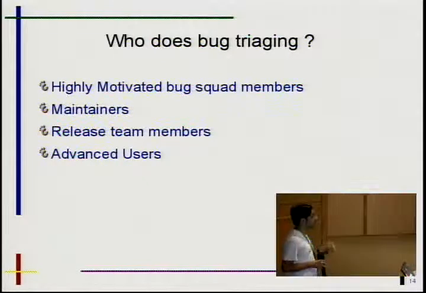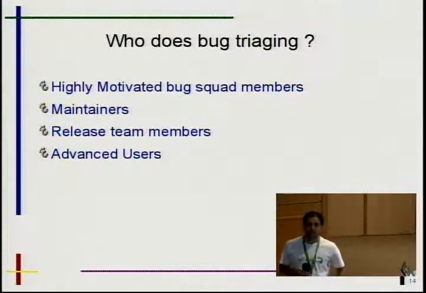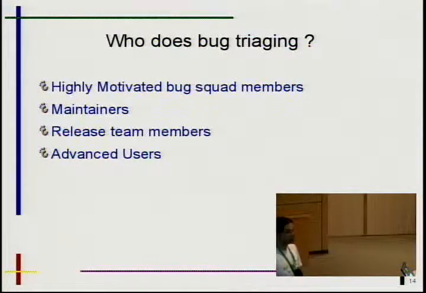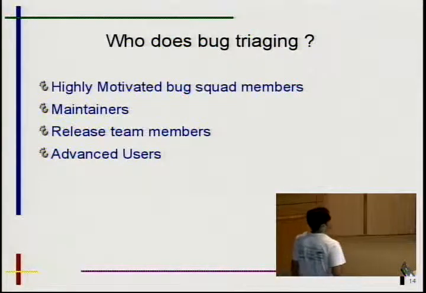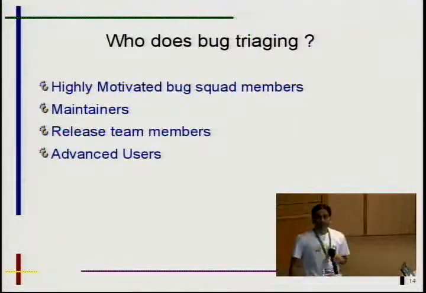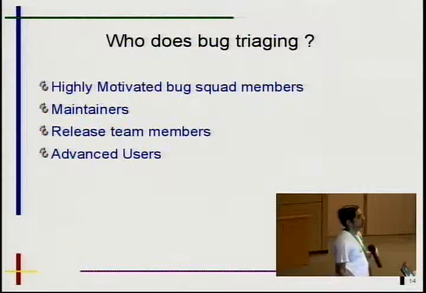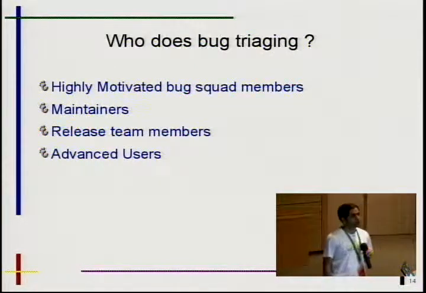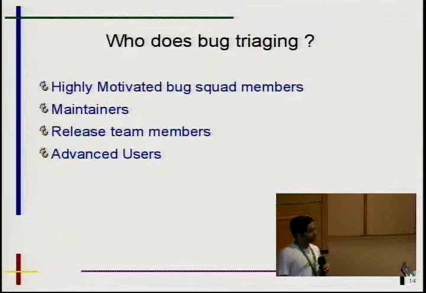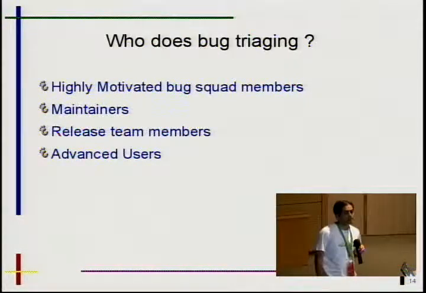So the next point is the people who are involved in bug triaging. Most of the contribution will come from the bug squad members. There is a GNOME team named the bug squad, which basically takes care of Bugzilla activities. Second is maintainers. If you are a product or any component maintainer, you would like to know about the bugs which many people are facing. You would like to fix those bugs before going for the next release. As a maintainer, you should be aware of any new feature requests coming up, and what features you should be fixing for the next release.